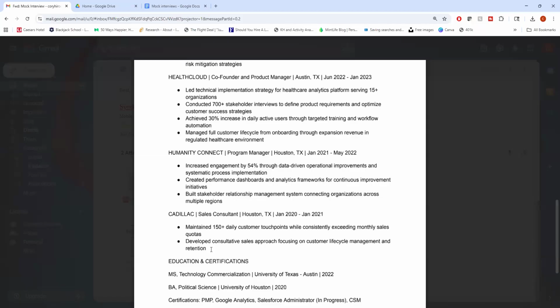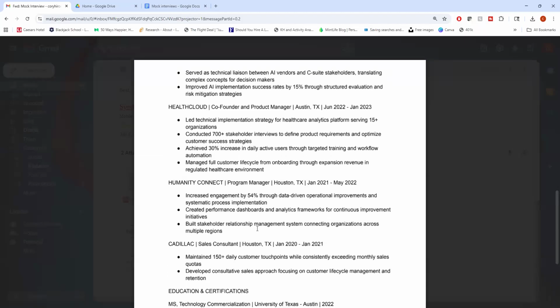And then what were your specific metrics and results? So, year over year, during my time at Cadillac, I sold more Escalades, which are top of the line. I hit and exceeded quota, which was 4 cars a month. I was hitting roughly 10 or 15 cars per month. And that was because of the by the book processes, the 150 daily touch points, cold calling, understanding objections and the different things that would bring about that. Those are some of the things that I had done.